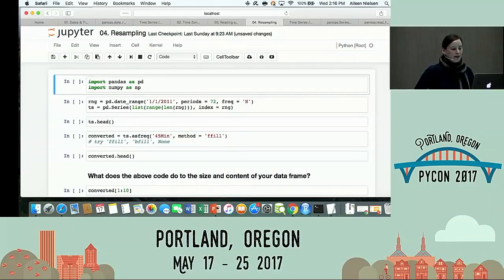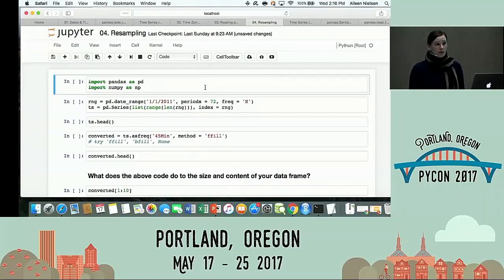Very common analysis tasks. So often what you want to do is you want to have a time series at a particular frequency, but you don't have it at that frequency. That's called resampling. And usually you're going to do this because you want to match it to existing data or because you just want to think about things in a certain way, right? Maybe you got data that's time-stamped every minute, but you only care about every 60 minutes or every day.